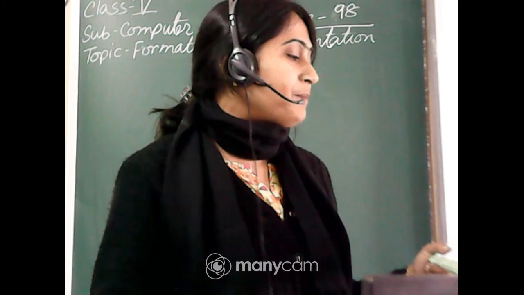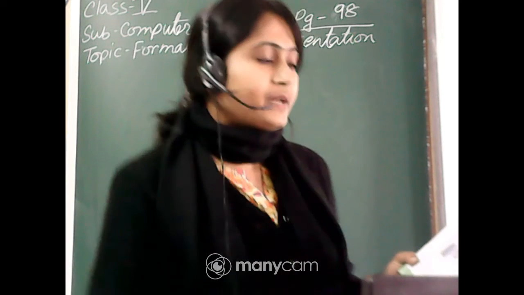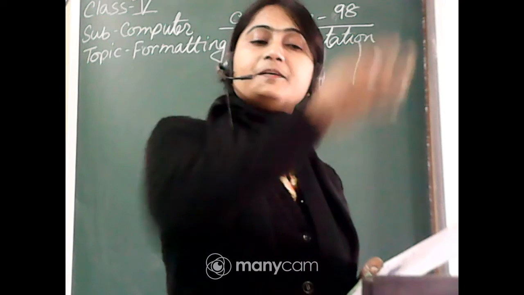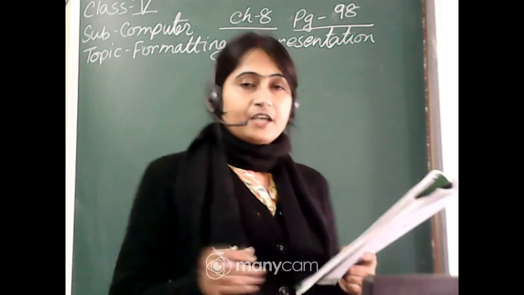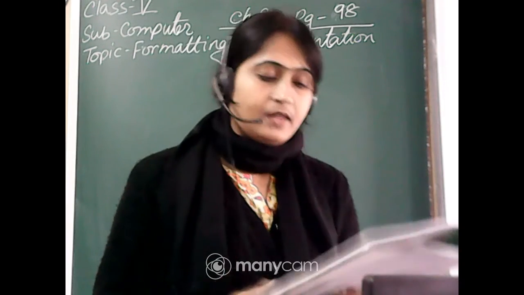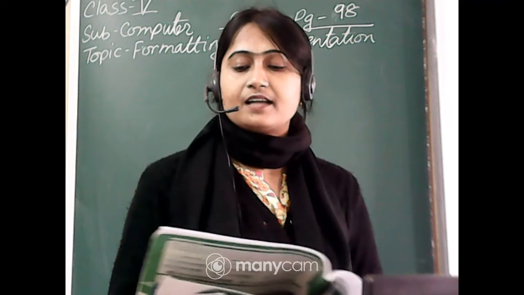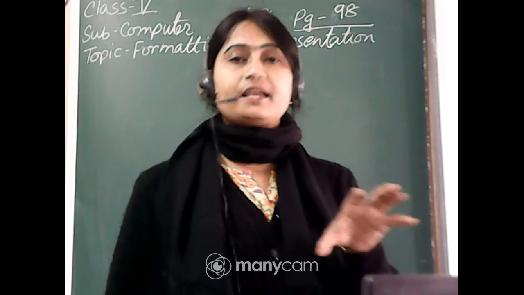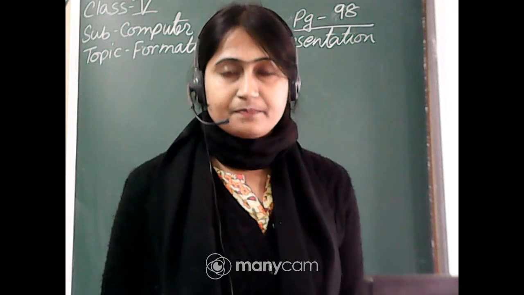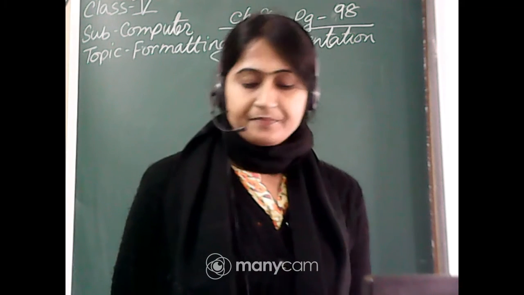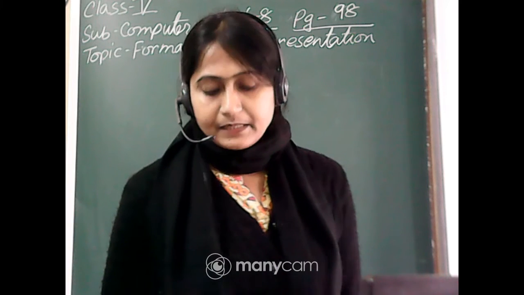Click on apply, you will be returned to the format background dialog box on the screen, and click on the apply to all. That means whatever changes you have made, after these changes you just click on the apply to all button to apply the color scheme to all the slides. If you want all the slides to be the same color, whatever color you have chosen, you can apply it with the apply to all button, okay.